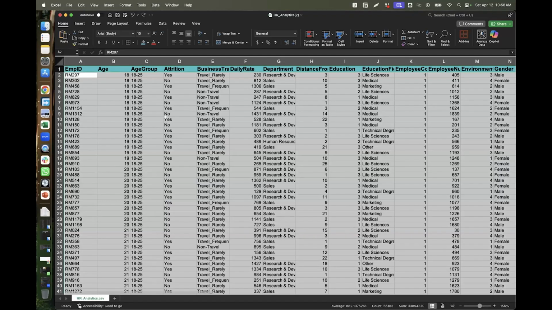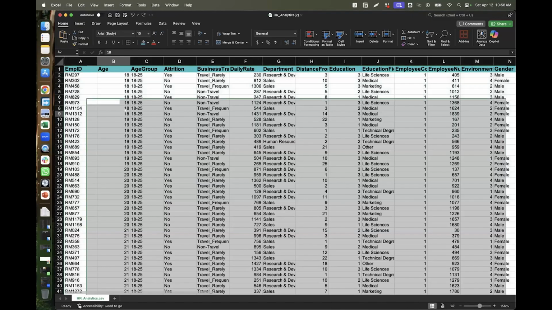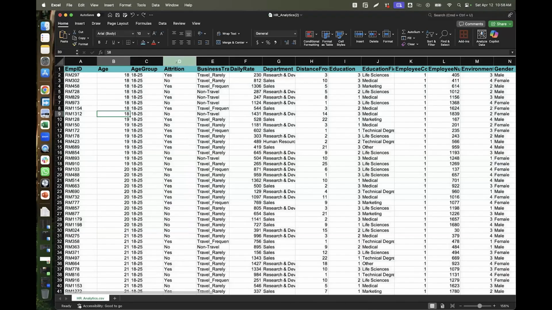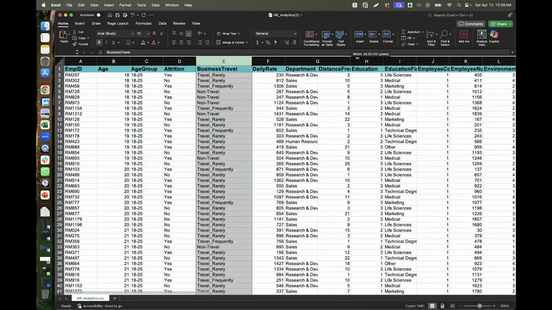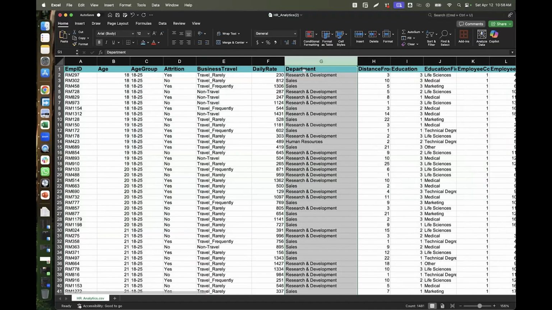Now, the next power I want to show you is the power of how to filter, right? So I can decide to click on one of these columns. Let's say I want to see how many employees rarely travel, or I want to see how many employees we have in a specific department. I think that is a more appropriate one. I'll just come here and also click on filter. What did you notice?